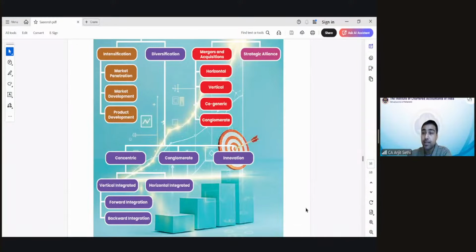I have a pizza shop. मैं pizza बनाता हूँ. I make fantastic pizzas. People love my pizzas. I'm doing great. I sell about 500 pizzas in a day. एक दिन में बेच देता हूँ मैं 500 pizza. I'm doing good business. ठीक है? But small, obviously very small, but I make good money.